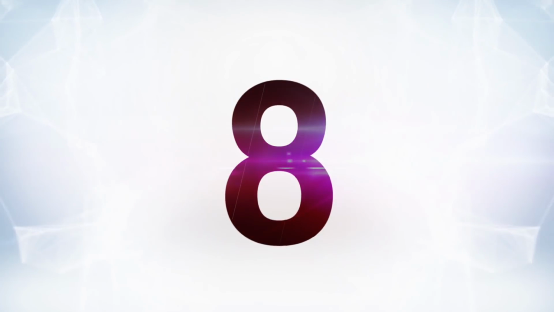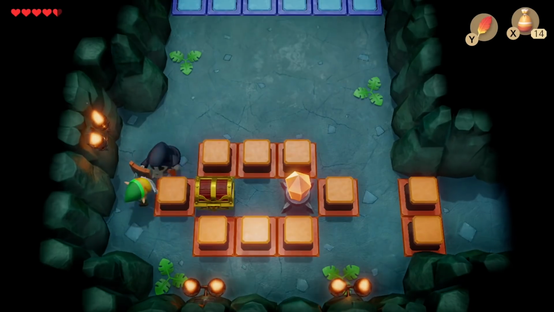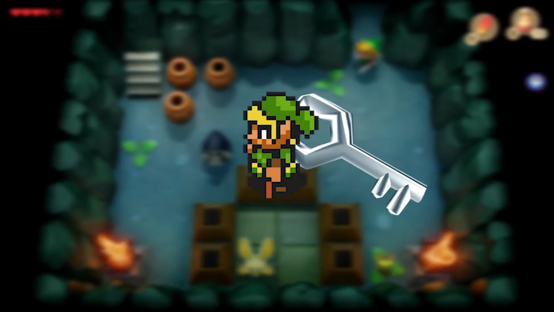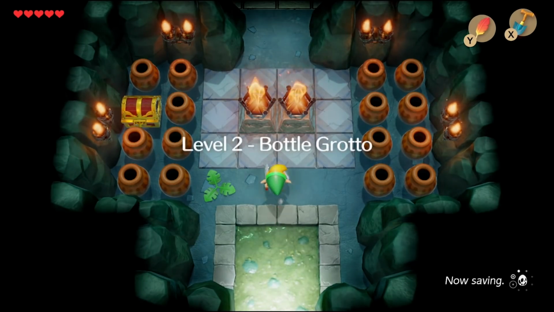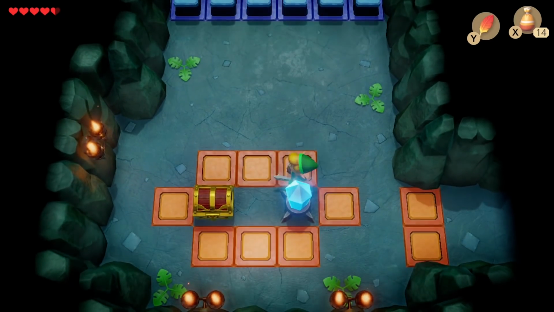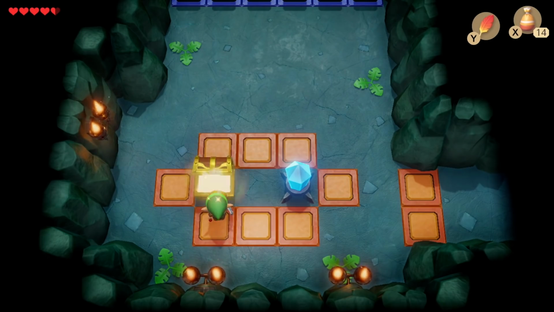Starting off with number 8, the rabbit puzzle key from Link's Awakening. Like, alright, maybe this isn't the hardest thing ever, but the key itself is just so easy to miss. The key is found in the Bottle Grotto, the second dungeon of Link's Awakening. It's pretty early in the game, and most of the puzzles in this place are pretty easy, but this one